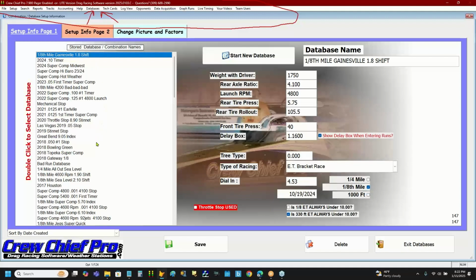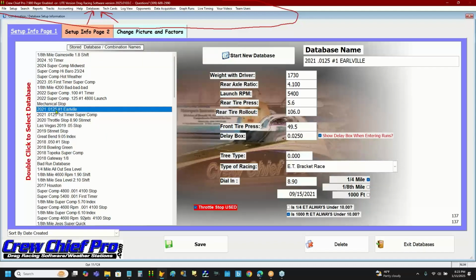There's other tracks like Division 5. Tri-State has a kind of a downhill track. So I make a separate Tri-State Earlville, Iowa track like this one. But if I go to an event at Indianapolis and then Joliet, Illinois, and the performance is similar, I don't make a new database. However, if I try a different number 1 throttle stop, or if I try a different launch RPM when I'm ET racing, or if I go to a track where the ETs don't make sense, I make